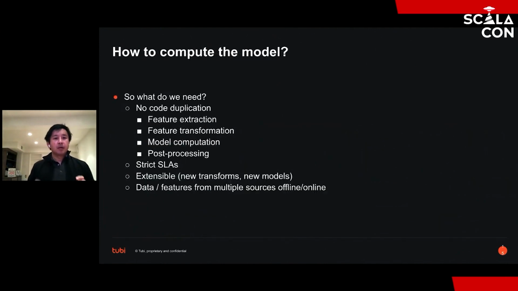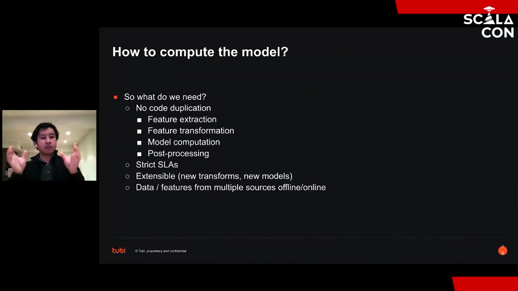All right. So how do we compute the model? Well, what do we really need, right? So that to serve a user request with the real-time model computation, we need to extract the features out of the feature store online, transform them, and do a little bit of I would call it last mile massaging, right? And then we feed it into the model, and then maybe there's some post processing that's like a limit or some order by, and then we will respond.